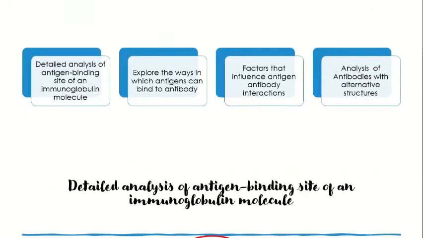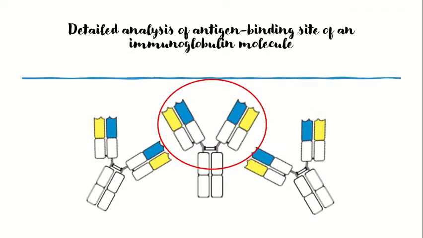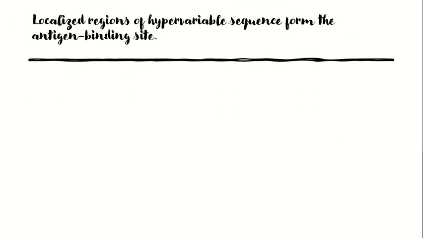as therapeutics. So starting off with a detailed analysis of the antigen binding site of an immunoglobulin molecule, we know that this is known as the V region. And we also know that the V regions of any given antibody molecule differ from those of every other. The sequence variability is not, however, distributed equally throughout the V region, but it is concentrated in certain segments, as it is clearly seen in a construct that is known as a variability plot.